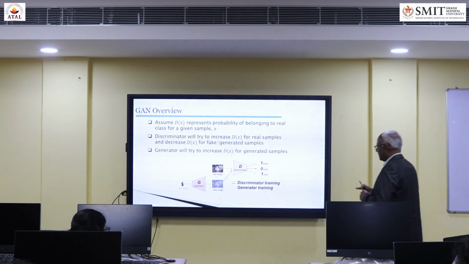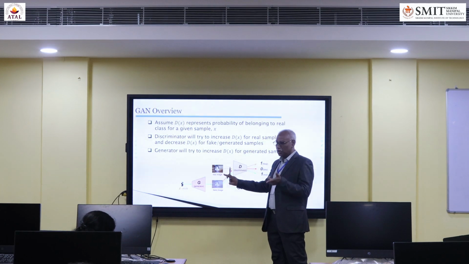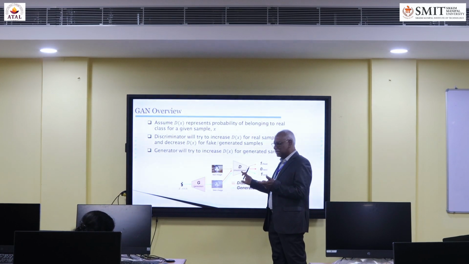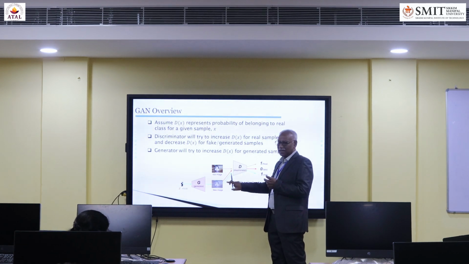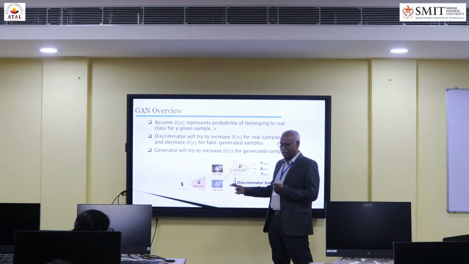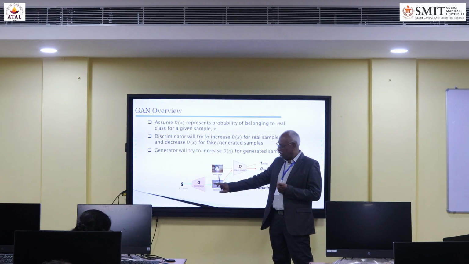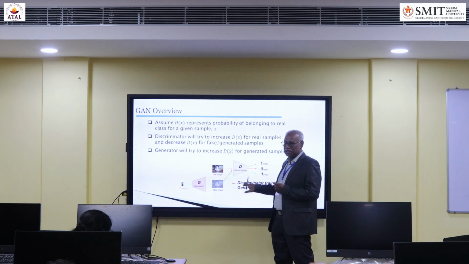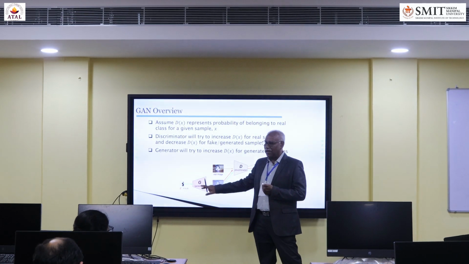The generator will always try to generate something which looks real. The discriminator tries to say that what the generator has generated is not the real one, but a fake one. The generator takes that feedback from the discriminator, because if it is fake, obviously the generator does not want it. So that is an error which comes to the generator. Using this feedback, the generator